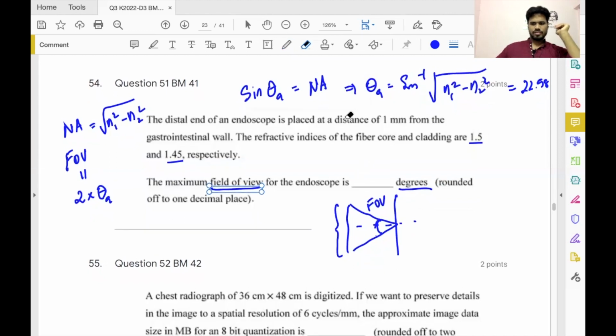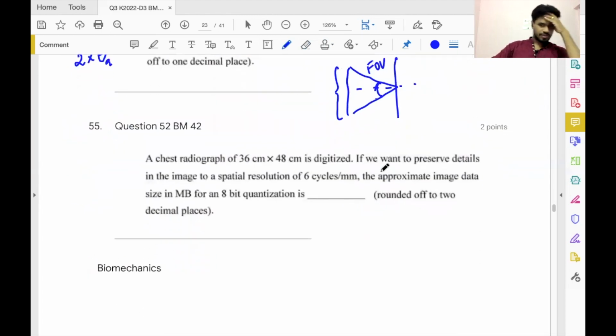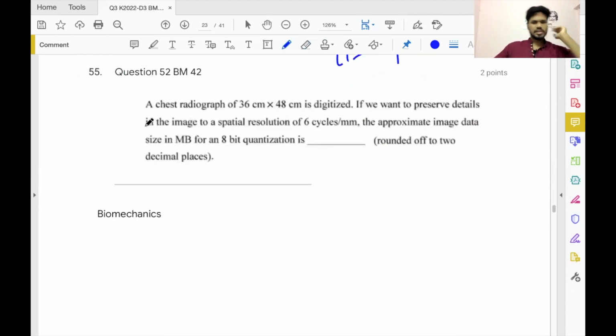Okay, so finally, what do you get? This is 2 times theta a, which should be 45.17 degrees. Okay. The chest radiograph question is this. And this is another question that we haven't discussed so far. We look at this in the image formation class, but very, very quickly,